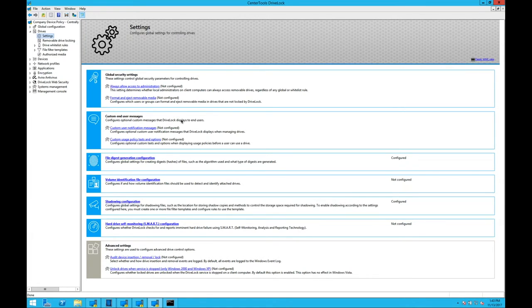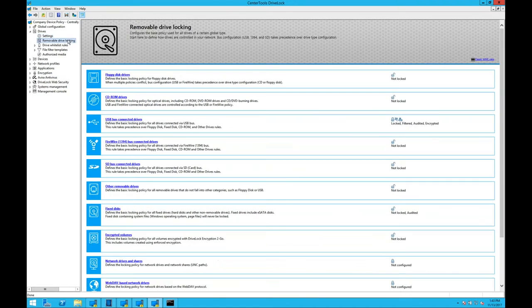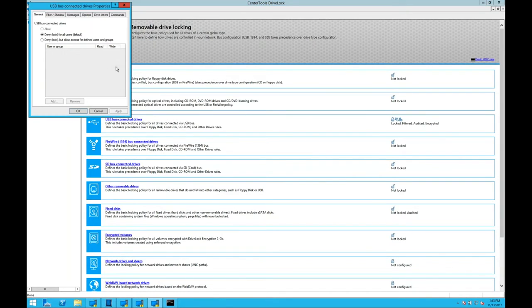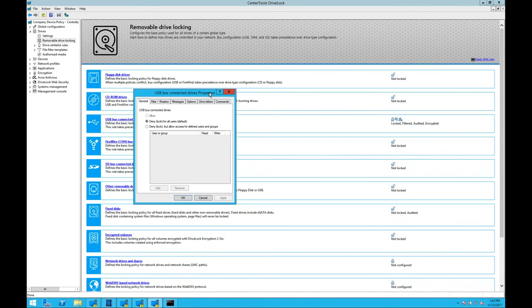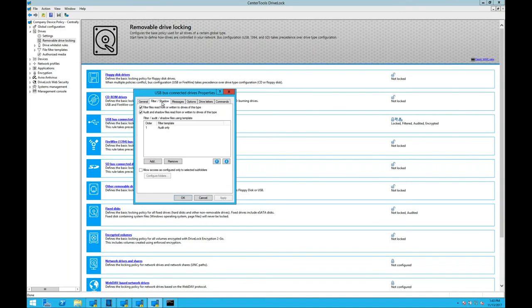After configuring the global settings, we can delve into the specific device types and how we want to lock or permit those devices to function. Specific shadowing settings for each device class, custom messages for end users, options for encryption,